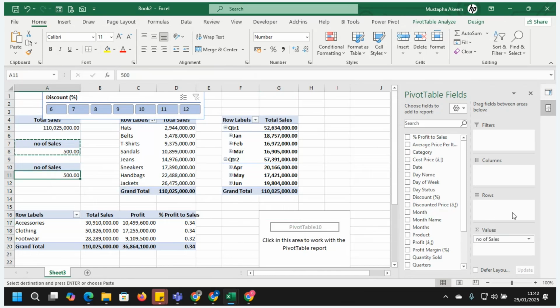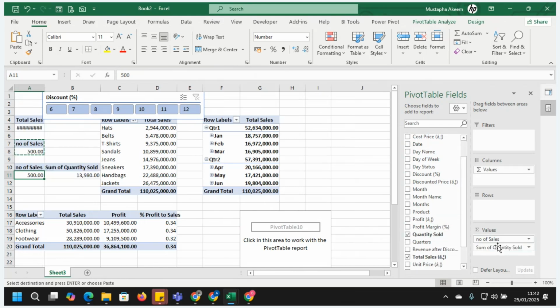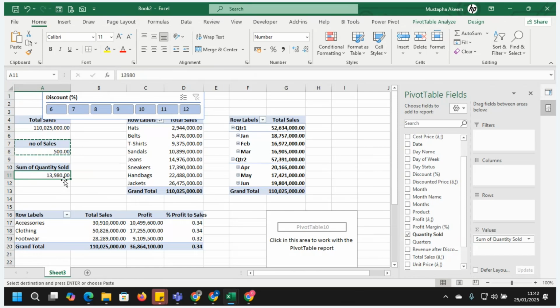I just click on this, and I want to create, I want to see the number of total quantity sold. Total quantity sold. You can bring total quantity to this place before we remove this. So I'm removing this. Total quantity sold is what?